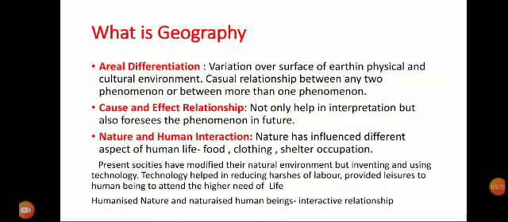Nature and human interaction. From the primitive age, like I told earlier, nature has influenced different aspects of human life, like food, clothing, shelter. Then with the advancement of technology, present societies have modified the natural environment. Technology has helped us to reduce the harshness of labor and provided human beings leisure to attain the higher needs of life, like increase of the scale of production and mobility. So from the humanized nature,